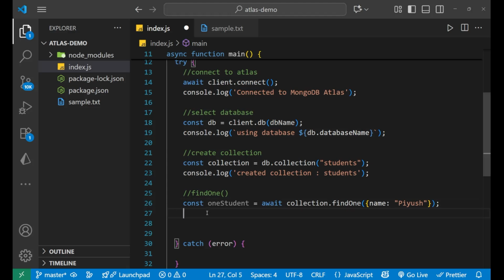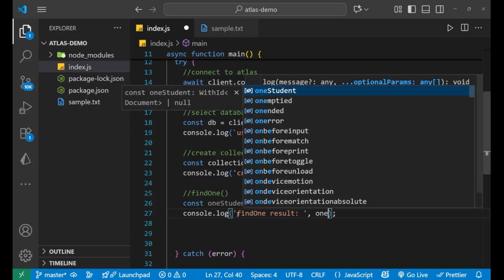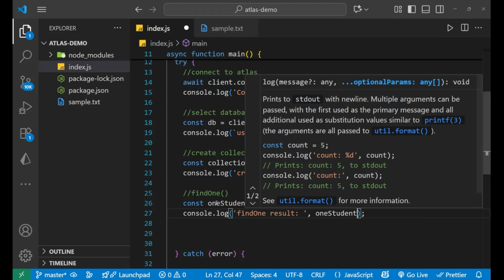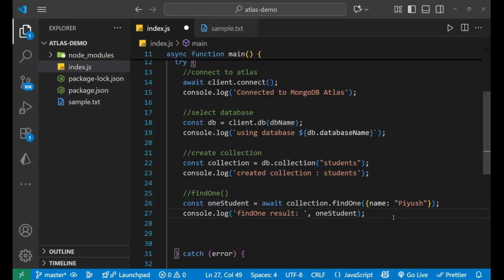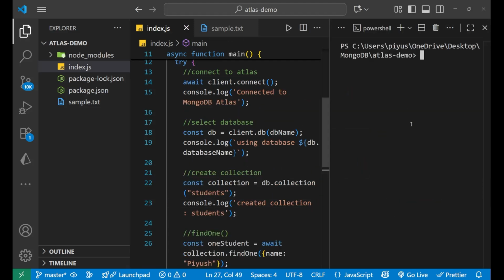Now let's see the result here. I'll write console.log, and let's write "find one result", comma, oneStudent. This oneStudent is holding that particular data, right? So let's save it and go to the terminal. Here I'll write node index.js, press enter,